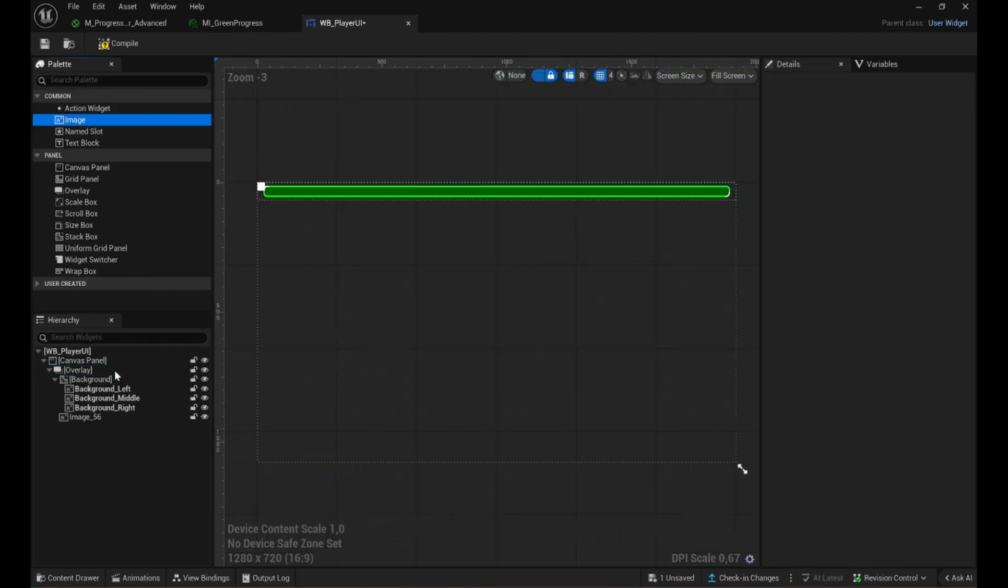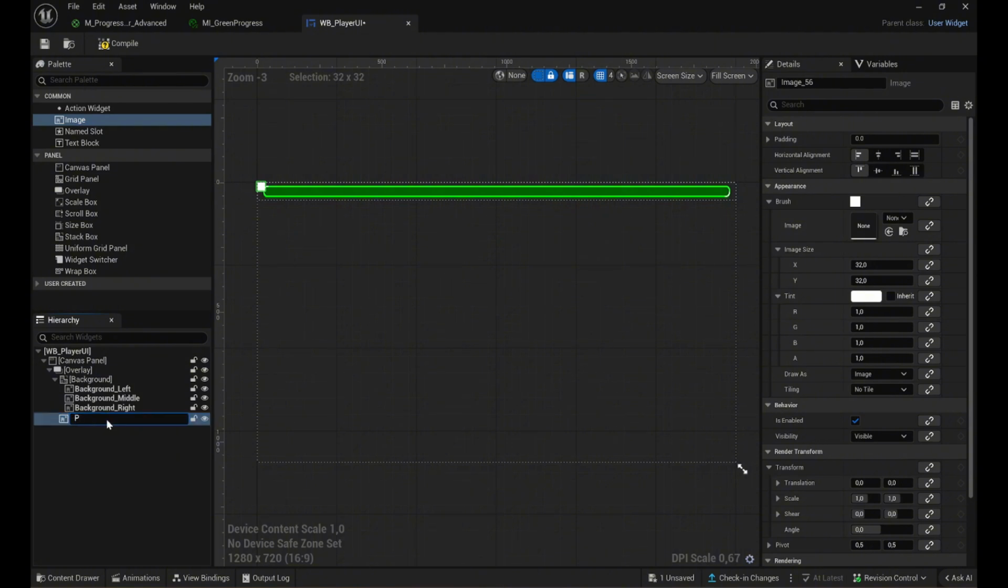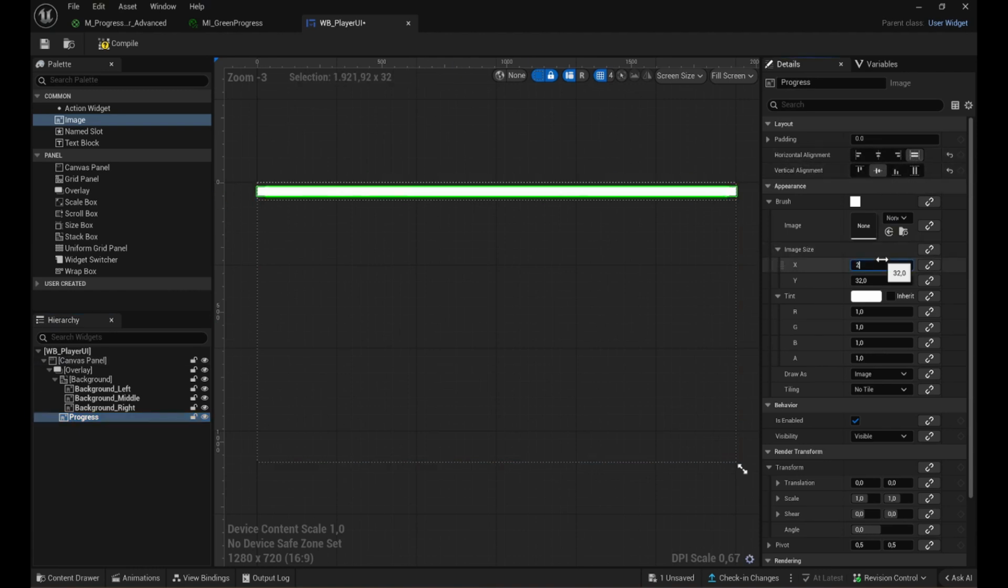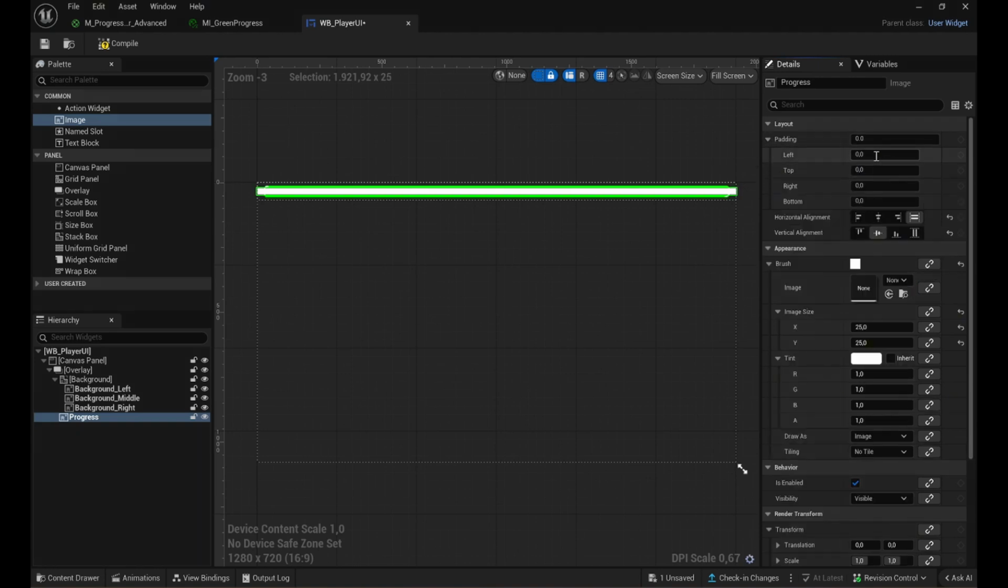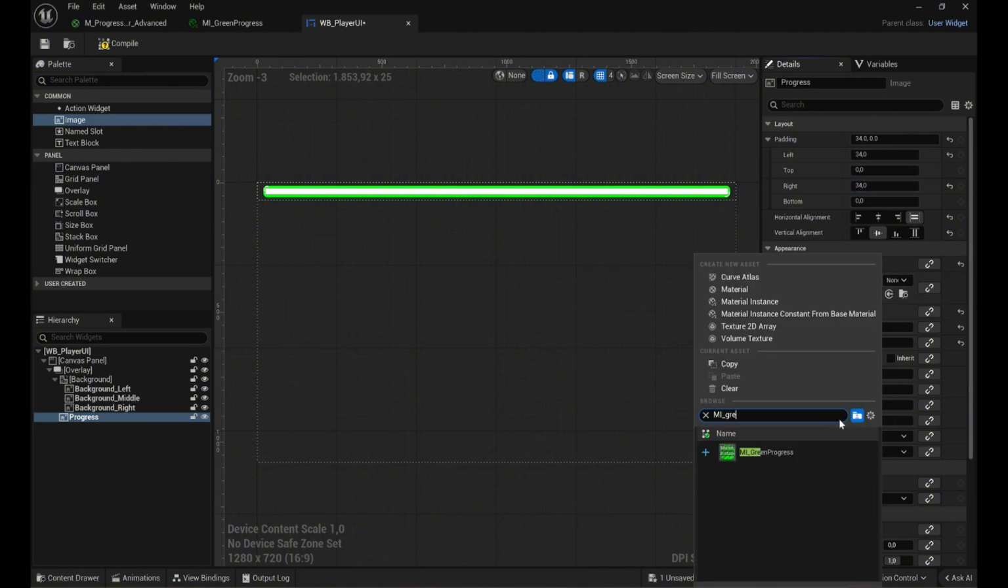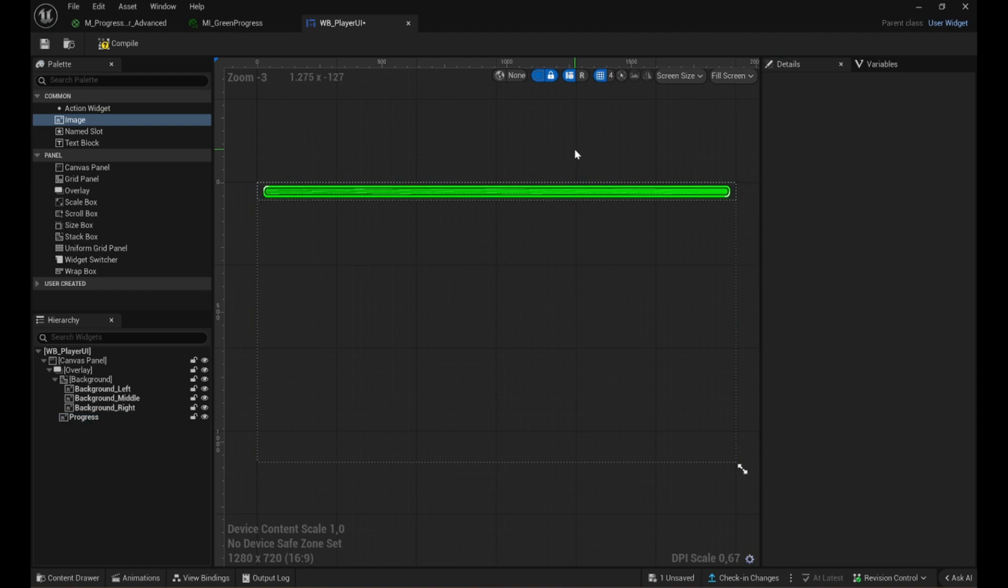In the overlay, add another image and name it progress. For horizontal alignment, put it on fill, and the vertical alignment to centered. Then for image size, in my case, I pick a value of 25. Then in padding from the left and right, we want it also to fit in the background. So I pick a value of 34 for both. Now add your created material instance of the progress material, and as you can see now, it fits our background